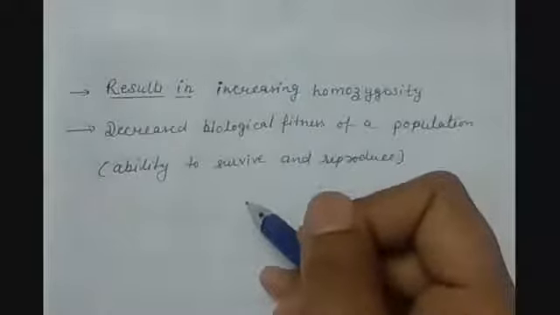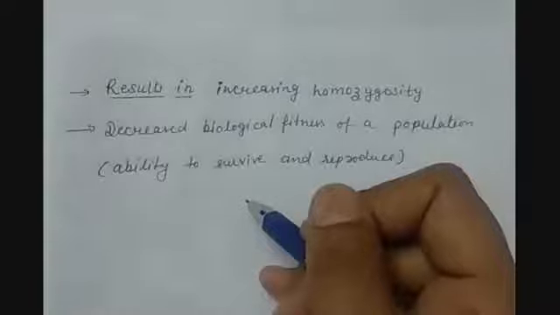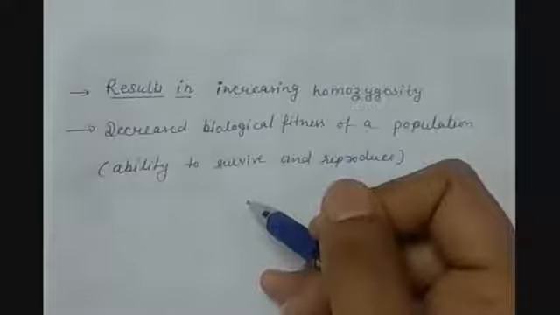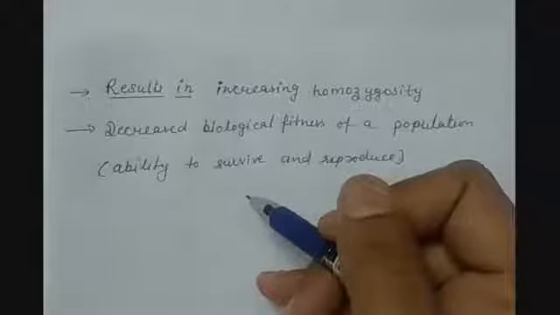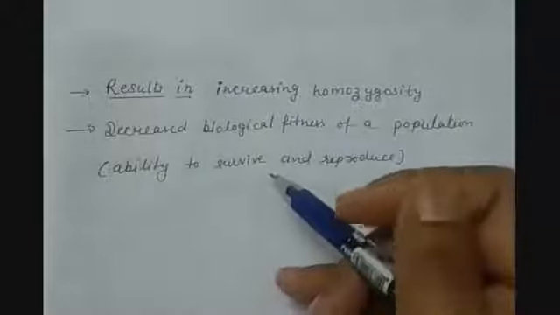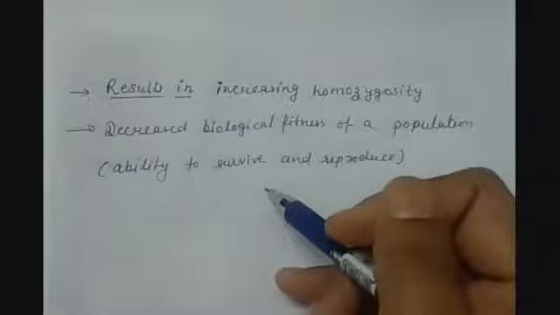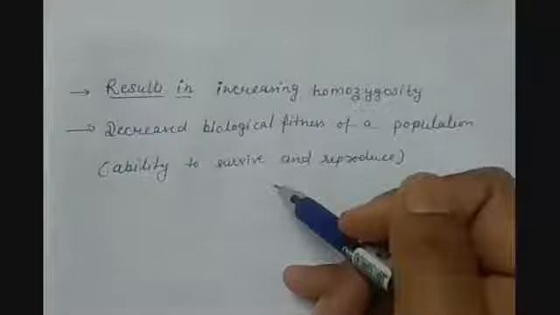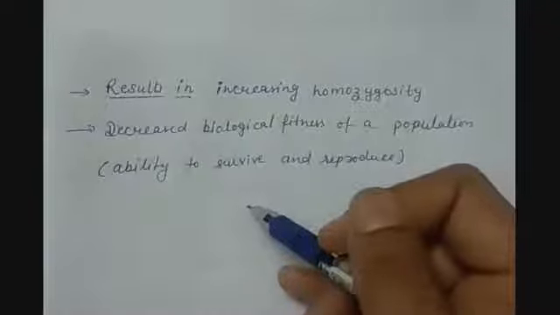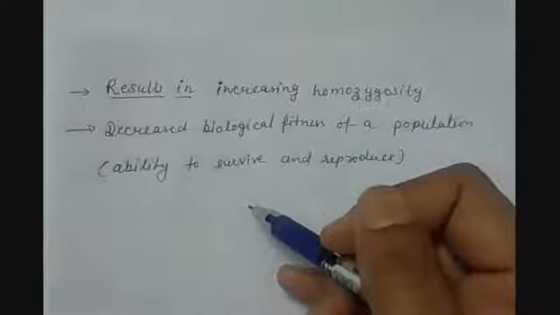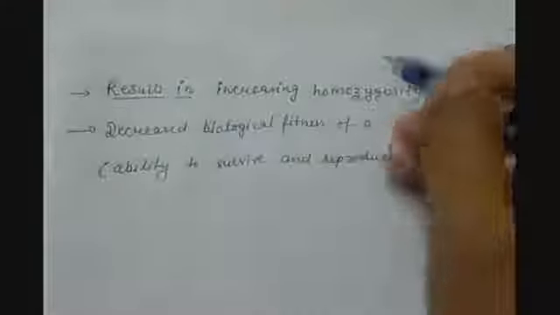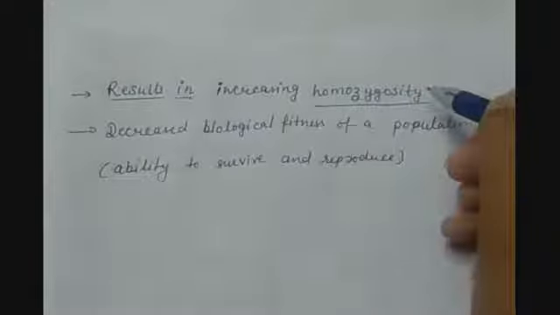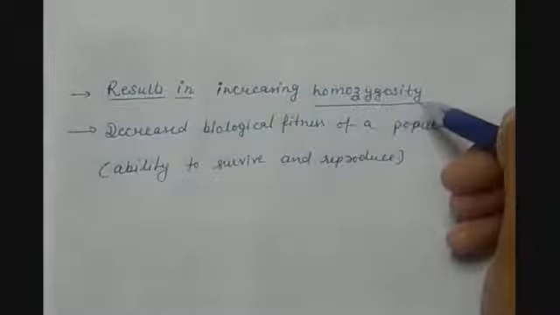You can understand it with an example: if one male is reproducing offsprings by mating with a female who is very closely related to him, that can be a sister or another closely related family member, then it is called inbreeding. But because of this inbreeding, homozygosity increases. What do you mean by homozygosity?